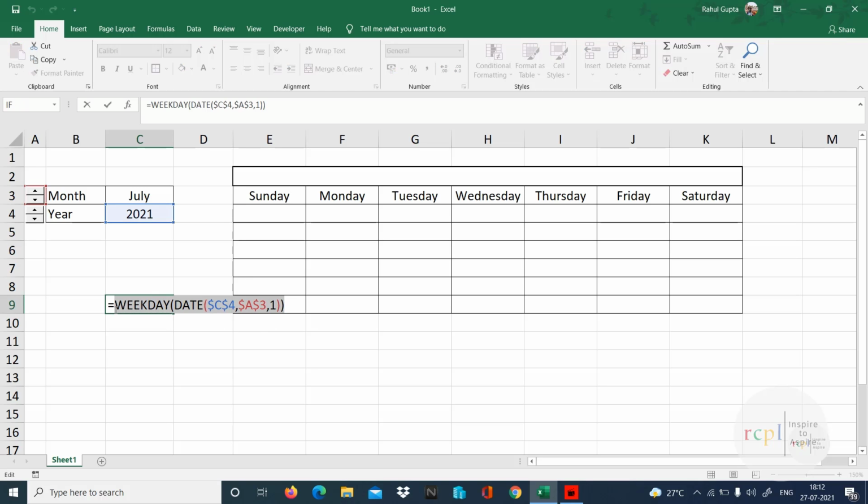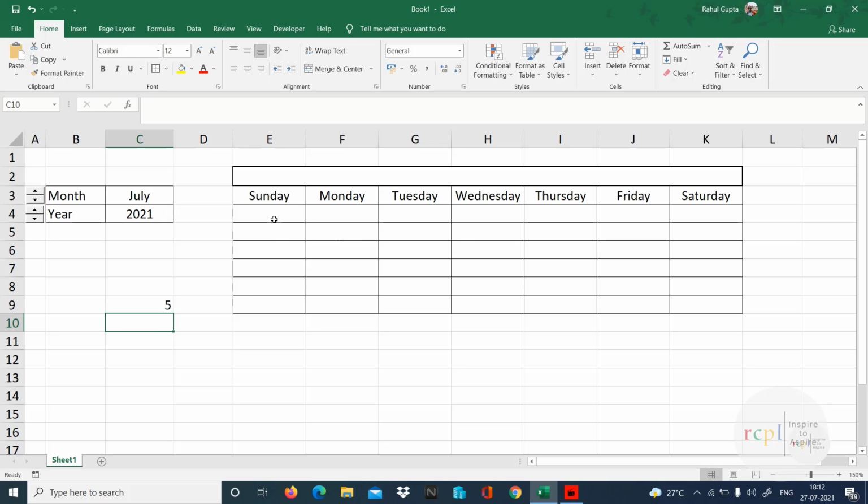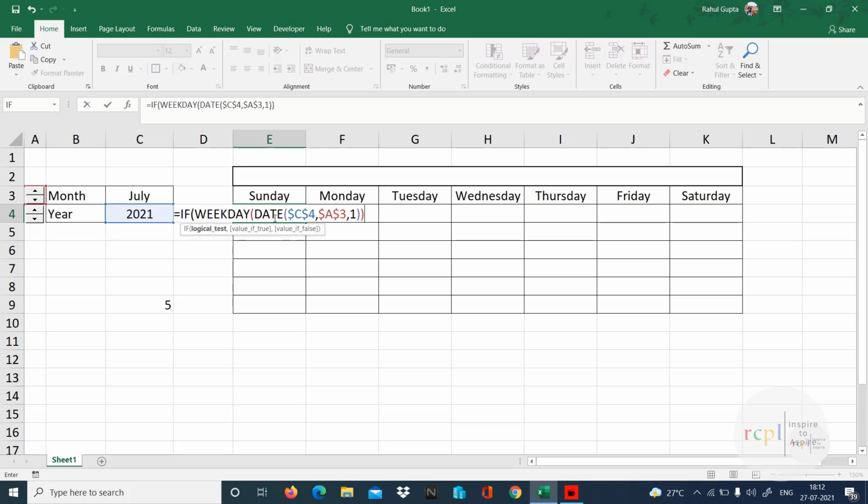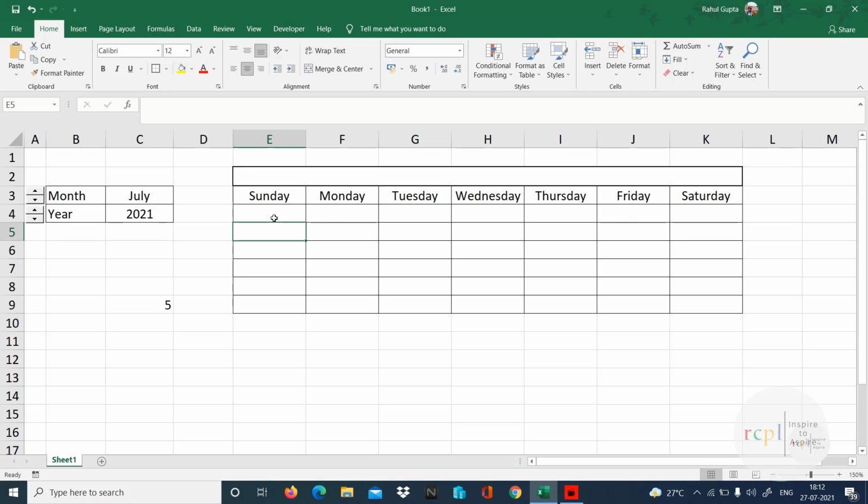Let's copy the formula. I'll put this formula: is equal to if this formula is equal to 1, then give here 1. Otherwise see blank. Because if this formula is going to give me 1, then we are going to give 1, otherwise blank, because we don't have to give anything else. This is the first day of the week. So I got blank because here we have the start is at the 5th.